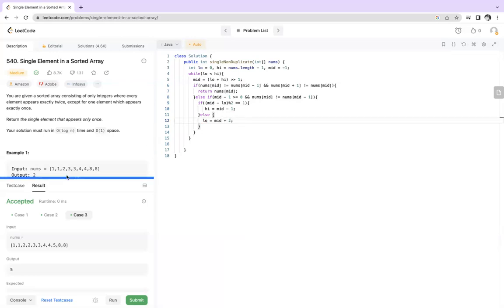Why are we doing mid plus 2? Because this and this element are the same. So if mid is at this first 3 point, we need to make mid not just here, we should cross and come to this fourth index value, which is plus 2. Same way we need to do with